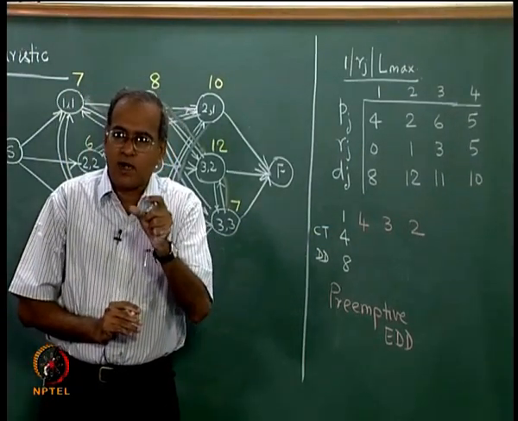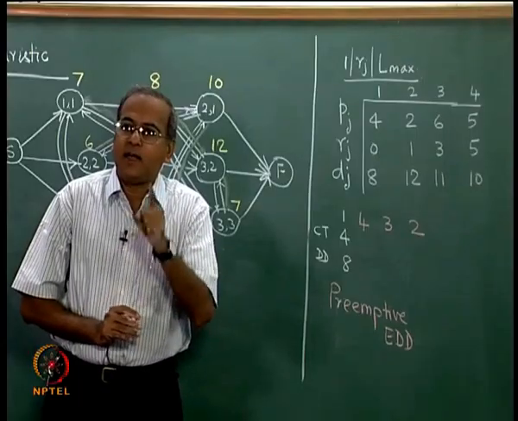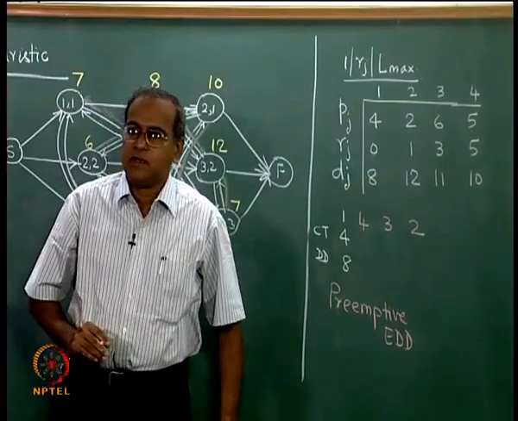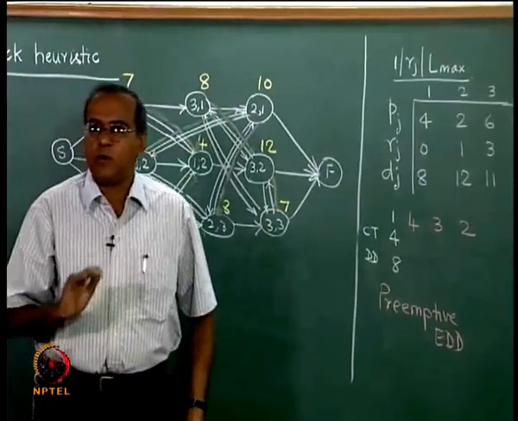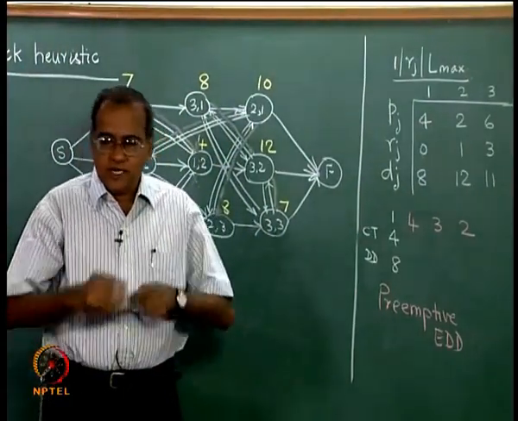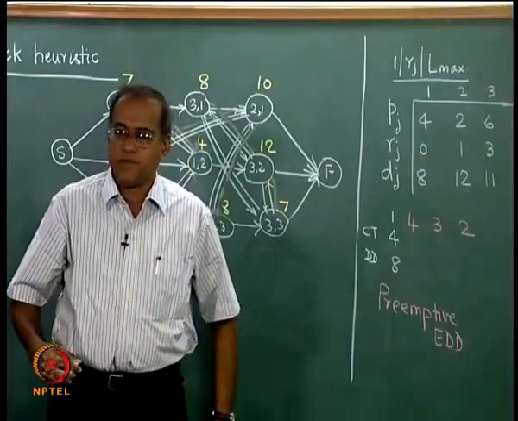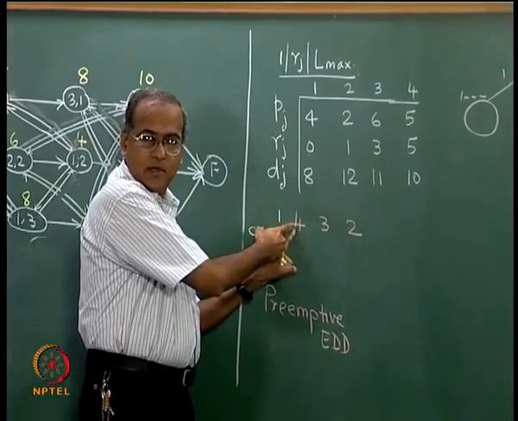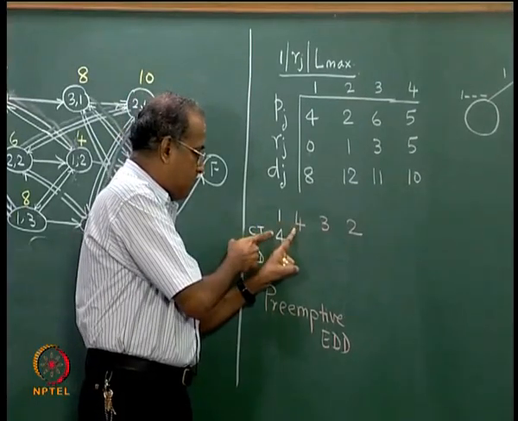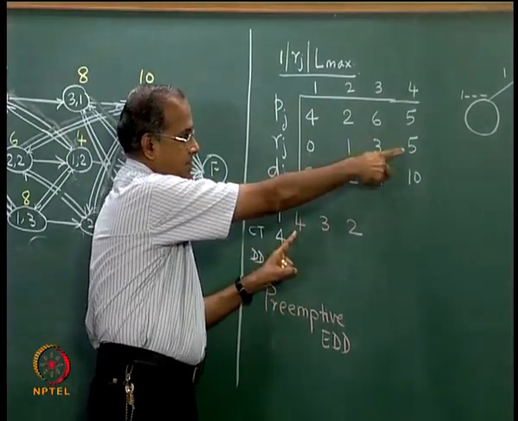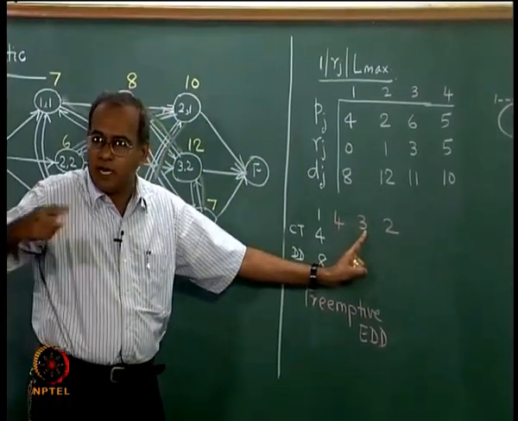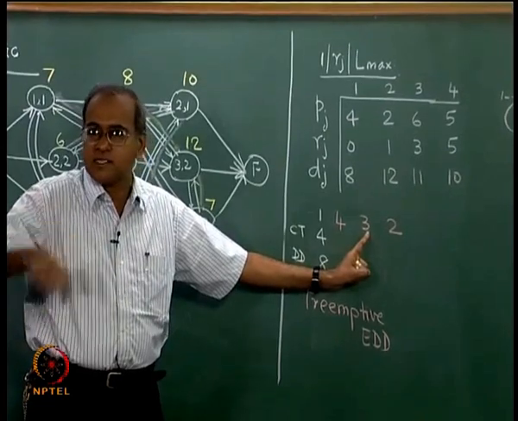Now, that additional one can have an impact in increasing the maximum tardiness, but in a preemptive EDD rule what we assume is that we allow job preemption. So, we now see that if there is going to be a delay because of a mismatch between this completion time and this arrival time, we look at the next available job or tentative job in the sequence, which is